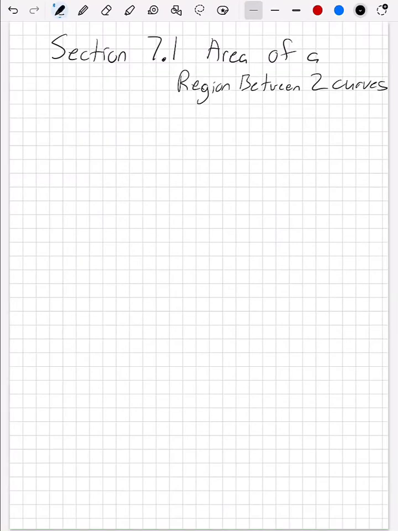So for chapter 7, we're going to talk about applications of integration. And for section 7.1, we want to talk about the area of a region between two curves. We already know that integrals of a curve just represent the area below the curve, right? So if we have some kind of curve that looks like this, then the integral will just give us whatever area falls below it based on